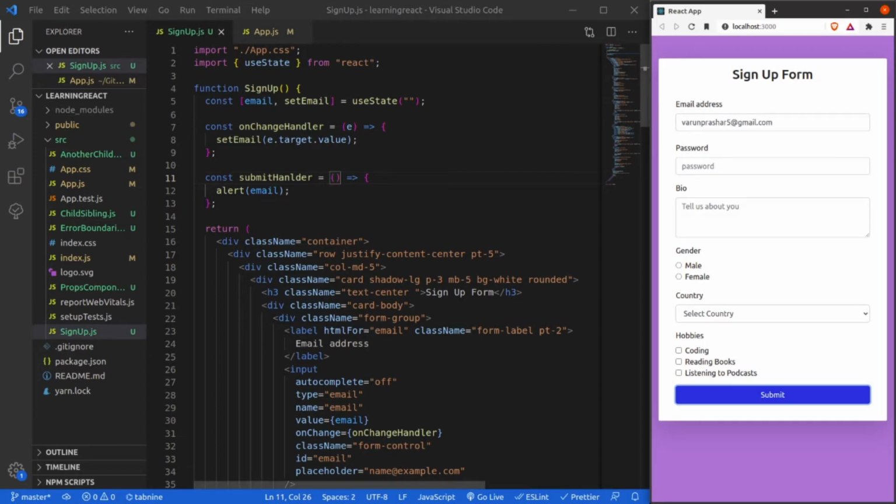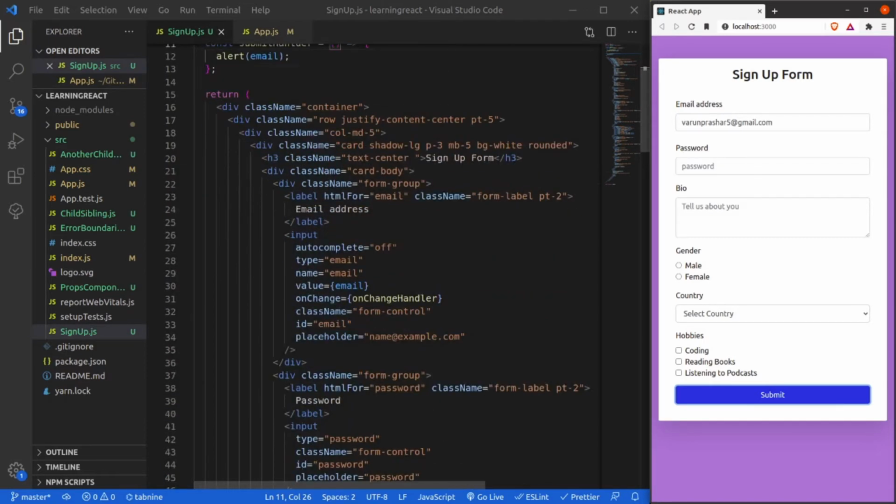Similarly, now we are going to replicate this thing for my entire form fields. But yes, there are going to be a few differences while handling checkboxes, select boxes, and gender. All right. So now let's move to another field that is password.